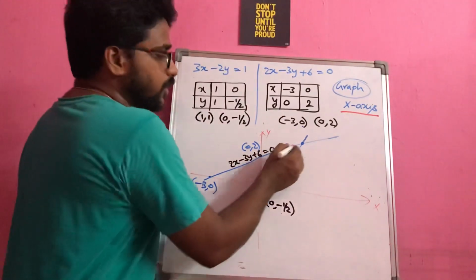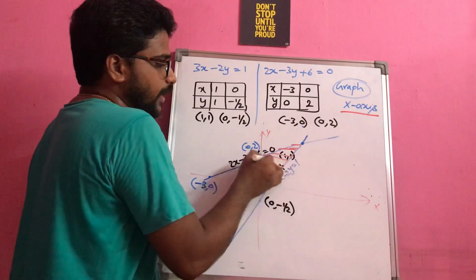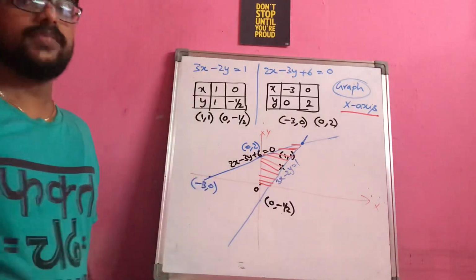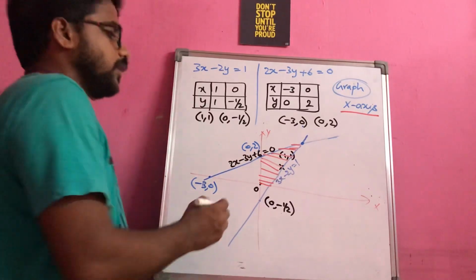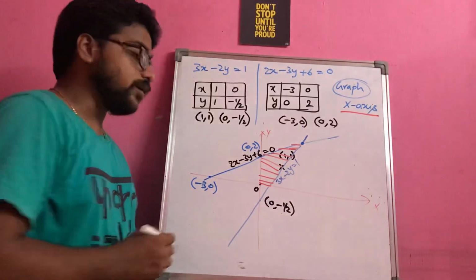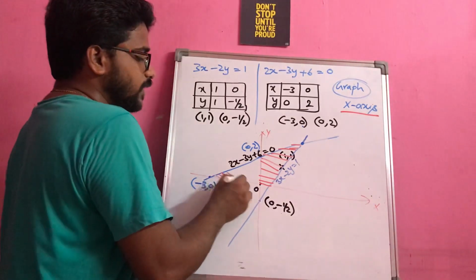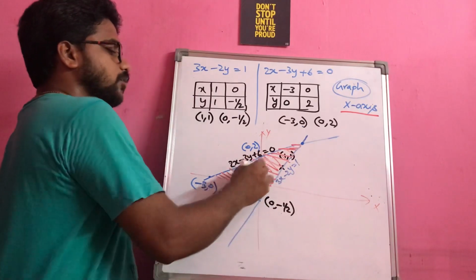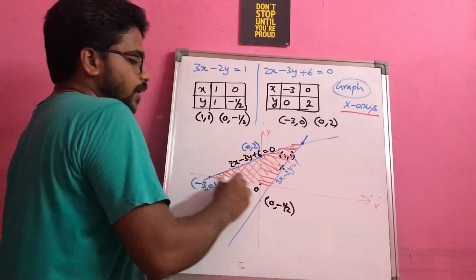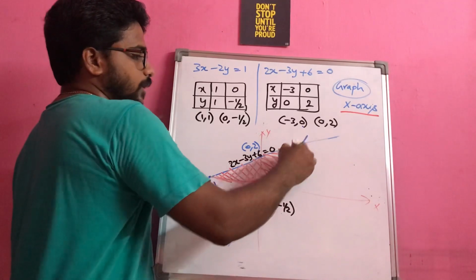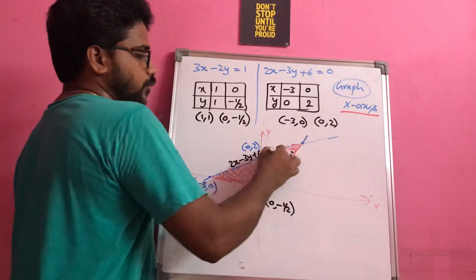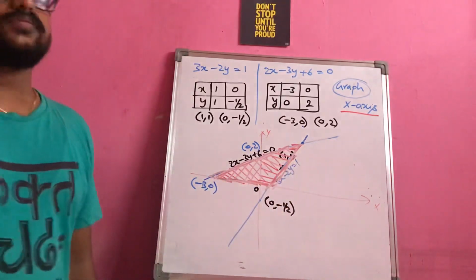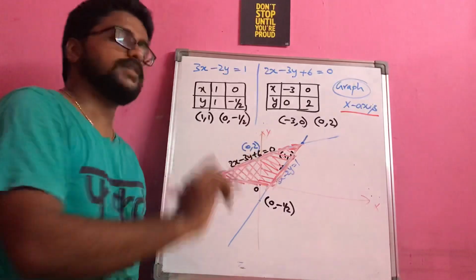Now the question is, do we have to shade only till this portion, or do you still have to extend here? Just observe here, you should not stop here. Why? Because the line still extends till this part. That means this entire region is common for both the lines and along the x-axis also. So this entire thing, whatever I am going to draw in red color, is the required region for these two lines as well as the x-axis.